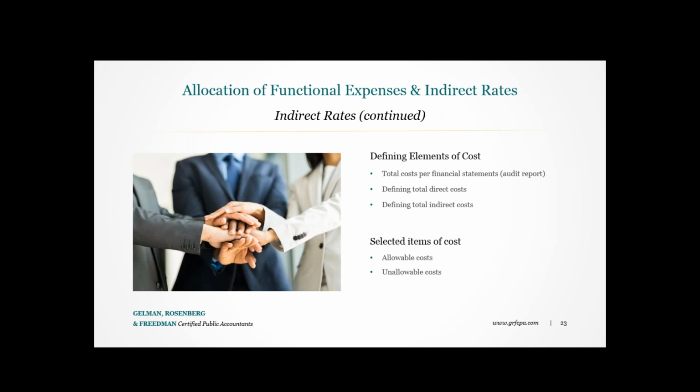As discussed earlier, the entity's financials are the basis for calculating the rate. The preparation of the functional expense statement is the starting point, and the calculation may reflect a reconciliation between the categories, between directs and indirects, or vice versa, to properly categorize costs which have been presented differently in the financial statements. There's a variety of reasons to support this reconciliation. Following are some examples. The first could be the classification of classic administrative costs that were presented as program services expenses in the functional expense statement. So they were allocated to programs based on the entity's documented cost allocation methodology, but they need to be placed back into the indirect cost pool. So there'd be a reclassification from the direct pool to the indirect pool, thus creating a larger indirect percentage.